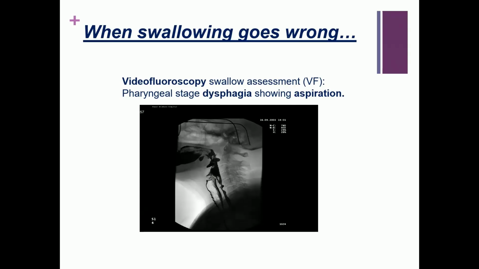So as you can see from the middle of the picture, I'm hoping you can see a very, very dark outline. And that's because this person has obviously been given, I'm assuming, a bit of a drink. It might have been some yogurt, something like that, that's been mixed with barium. And barium shows up on an X-ray as very, very dark, very black. And so we can see very clearly where that food or drink is going.